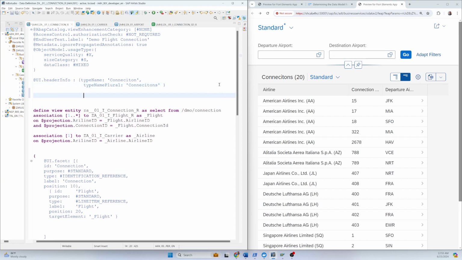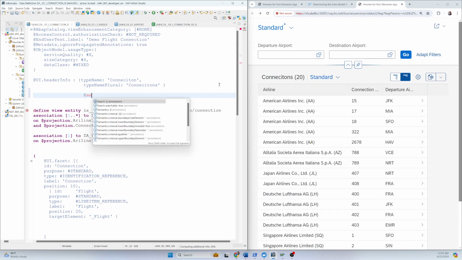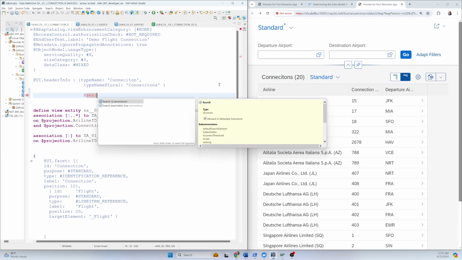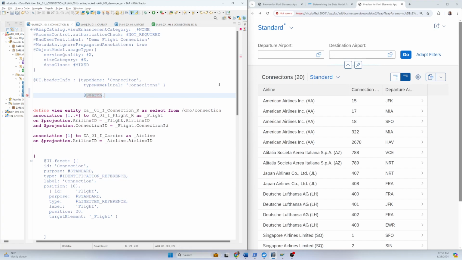First of all I have to add @Search.searchable: true. That means I am going to add the search item here, and based on that it exposes a standard search field on the UI. If I refresh here,